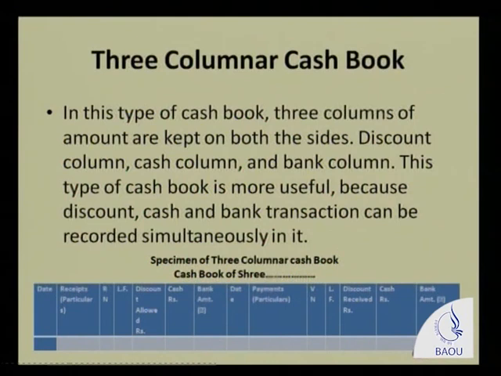On the debit side, the discount column is actually discount allowed. So whenever the company sells goods or receives an amount, and if they allow a discount to their debtors, that discount is considered an expense and it would be recorded on the debit side. And whenever you pay some amounts and receive a discount, it is your income. It is recorded on the payment side, but it is your income, discount received, and recorded on the credit side. So this is something different.